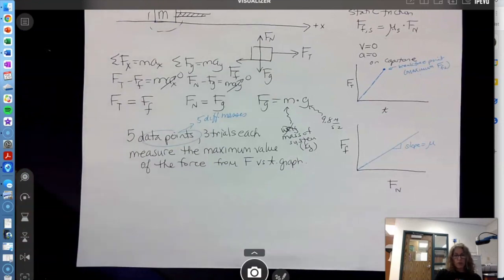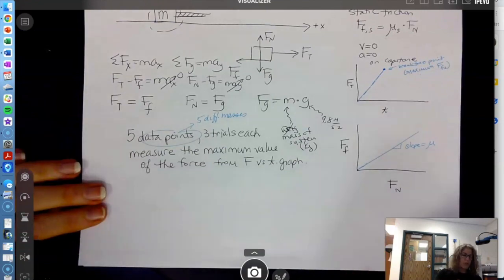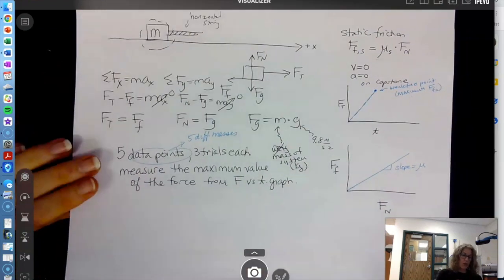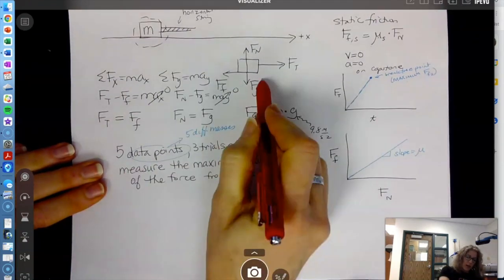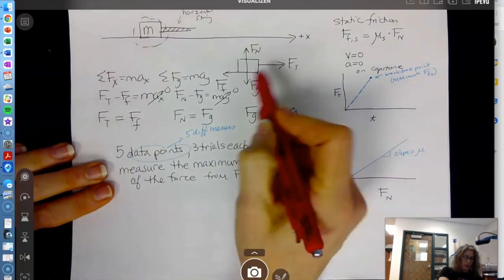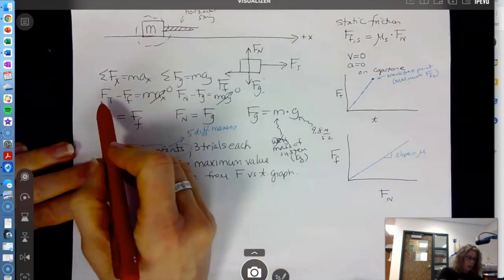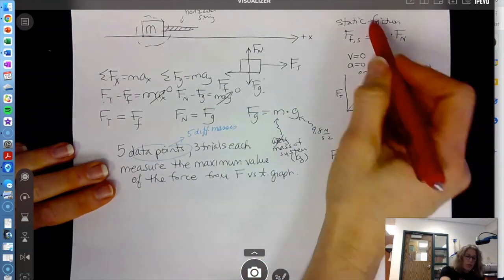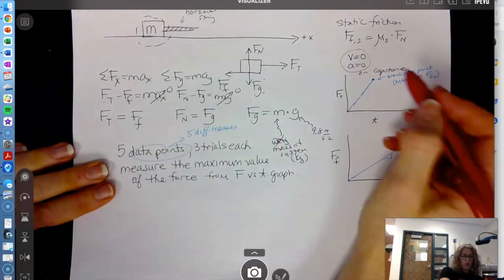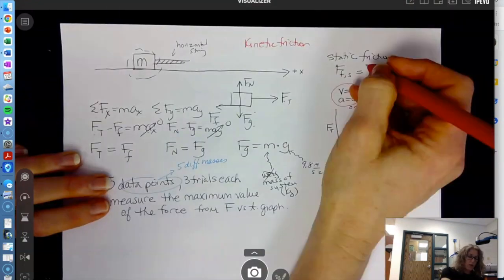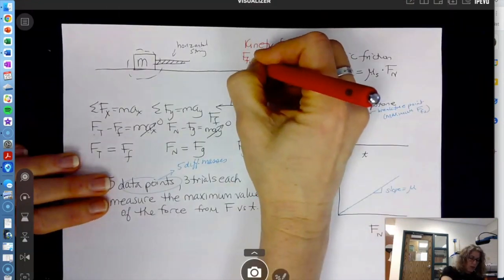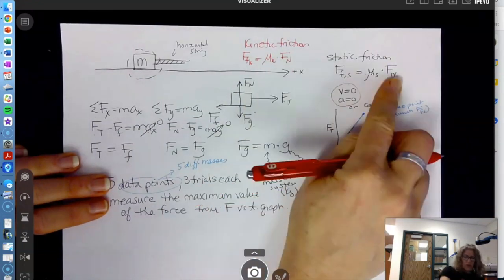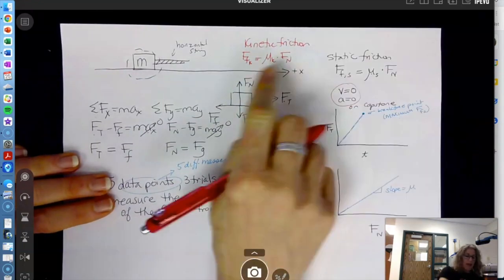So then how do we find the kinetic friction force? So kinetic friction force, we're not changing very much here. What's going to change? Well, the free body diagram doesn't change. It's still tension, friction, normal, and weight. Therefore, our Newton's second law equations don't change. This does, though. What we're going to do instead, for kinetic friction, we know that Ffk equals mu k times Fn. So this relationship is almost identical,